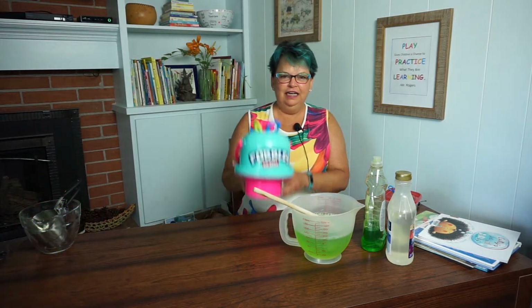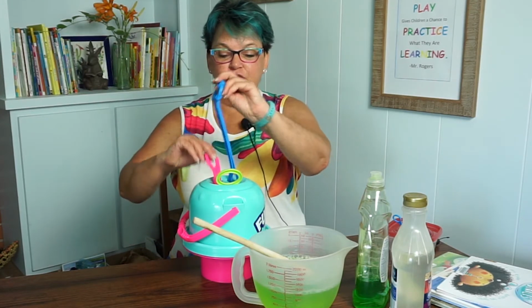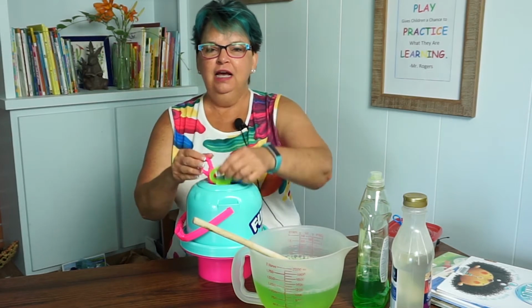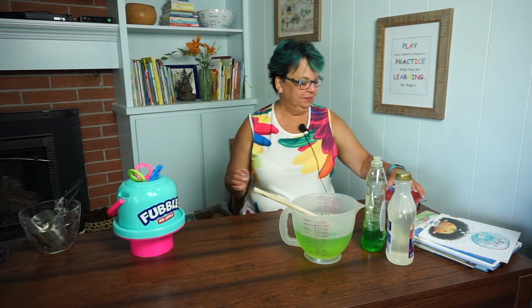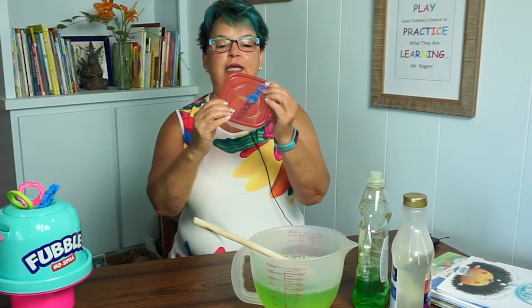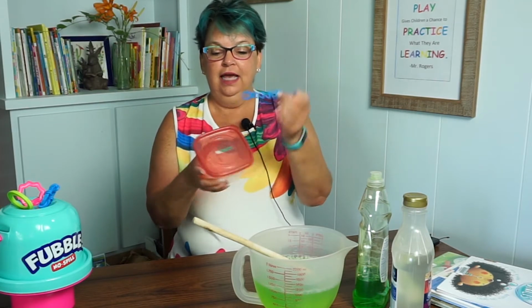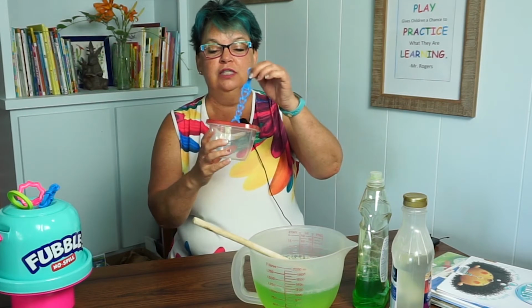the bubble containers that I have. I have kind of a fancy one that I use sometimes because there's 3 different wands in this bubble container. But I thought, well, what if you don't have a bubble container at home? So what I did is I took a container like this. It's just a throwaway container, really. And I had a bubble wand and I cut a hole in the top